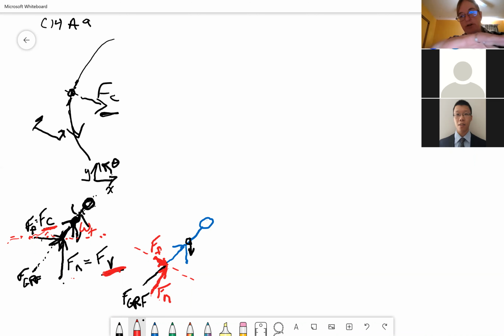When you bank the surface, the centripetal and the vertical still stay the same, but the frictional and the normal rotate with the surface. I don't know if that made things more complicated, but